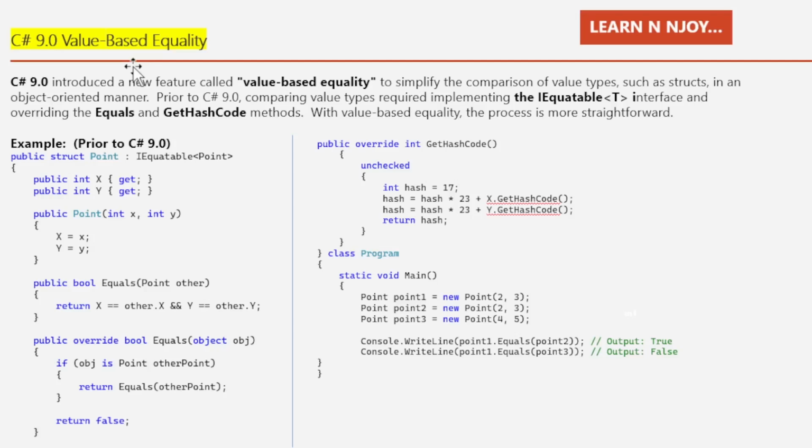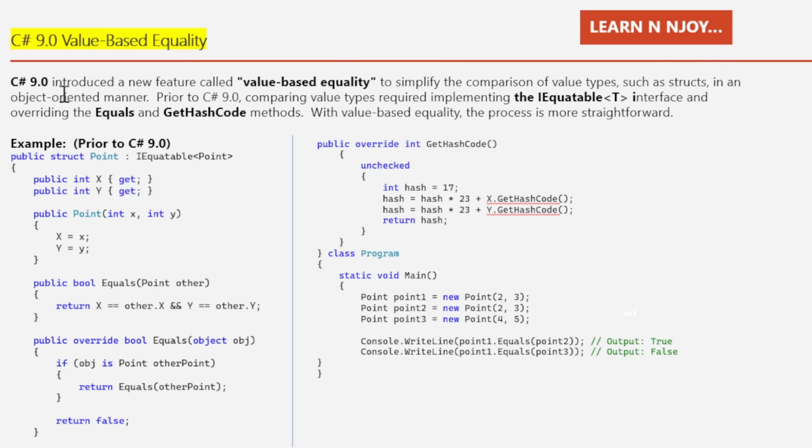C# 9.0 value-based equality. As you may know, comparing value types like structs in C# used to require implementing the IEquatable interface and overriding the Equals and GetHashCode methods. However, C# 9.0 comes to the rescue with value-based equality. So C# 9.0 introduced a new feature called value-based equality to simplify the comparison of value types such as structs